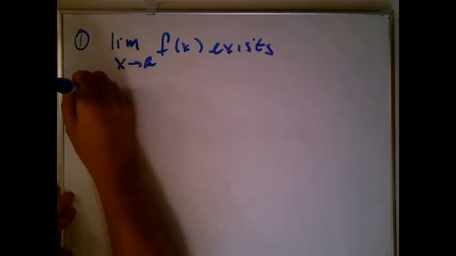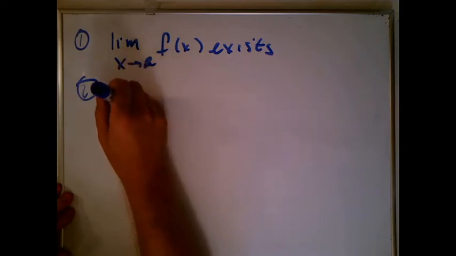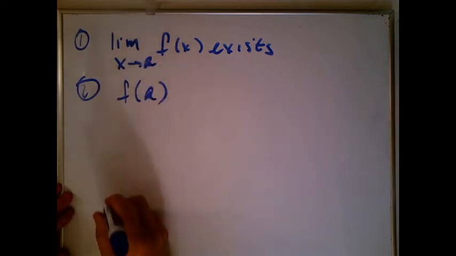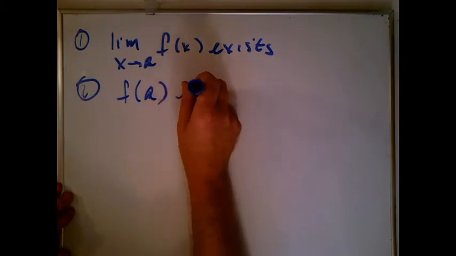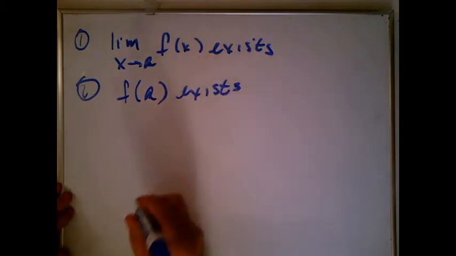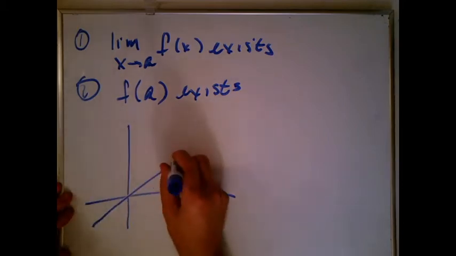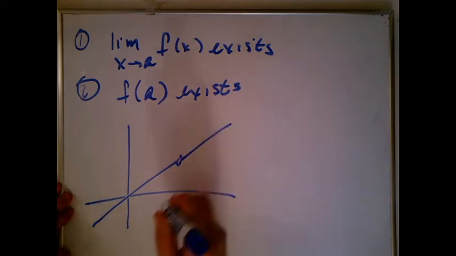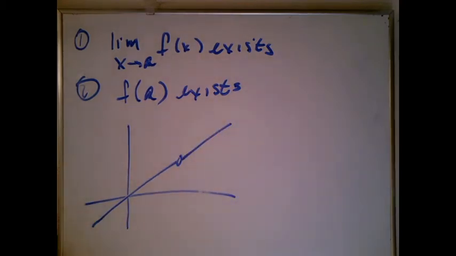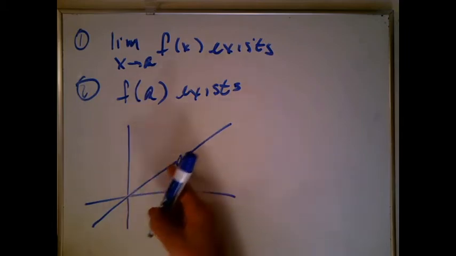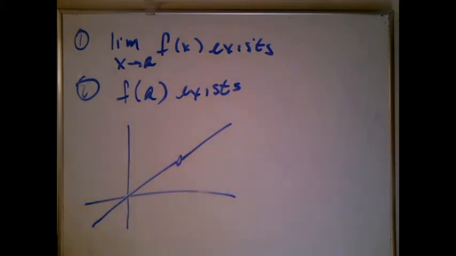Secondly, and this has got to be kind of obvious, there's got to be a dot on the graph. This is kind of silly, but here we go. Let's draw something where the limit does exist, but there's no dot on the graph. Now, here's the thing, right? Remember what we're doing is we're zooming in until we see a tangent line. The problem is, if I zoom in at this point right here, it's very obvious what the tangent line should be, but the definition of the tangent line means it's supposed to touch once, and we took away the one point